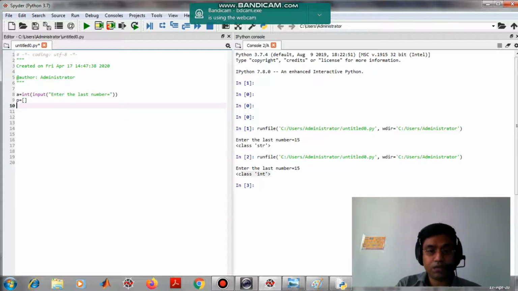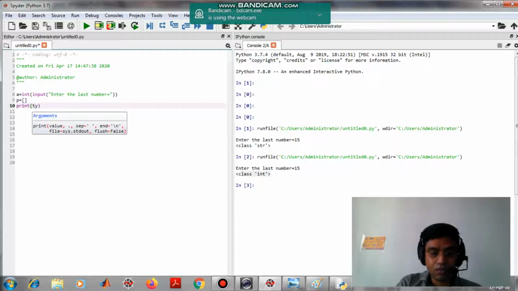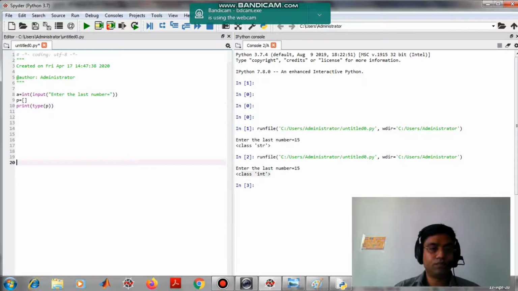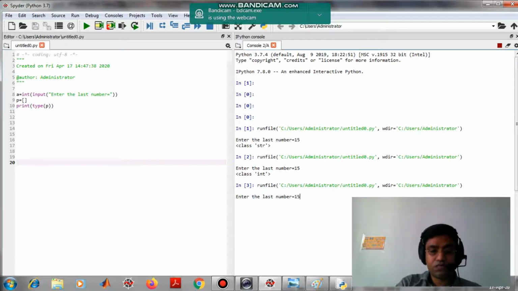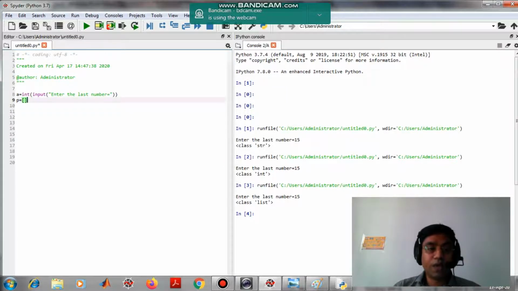If you want to check the type of this variable P, you can write type P and run this code. The last number is 15 and the type of this variable P is list. Now we have generated an empty list.